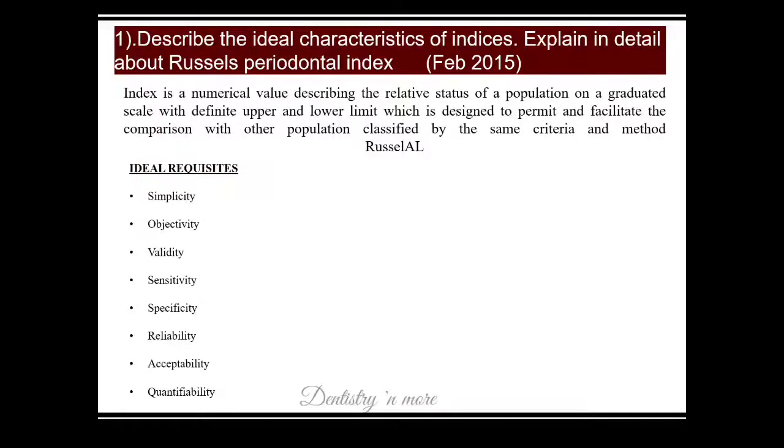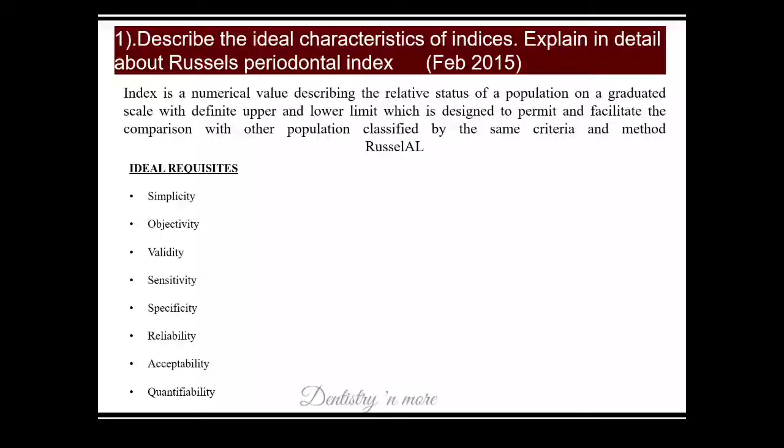So this question is asked, that is ideal characteristics and defining an index. Index is a numerical value describing the relative status of a population on a graduated scale with definite upper and lower limit, which is designed to permit and facilitate comparison with other populations classified by the same criterion and method. When you write the definition, you must write from the first word to the last word. You cannot